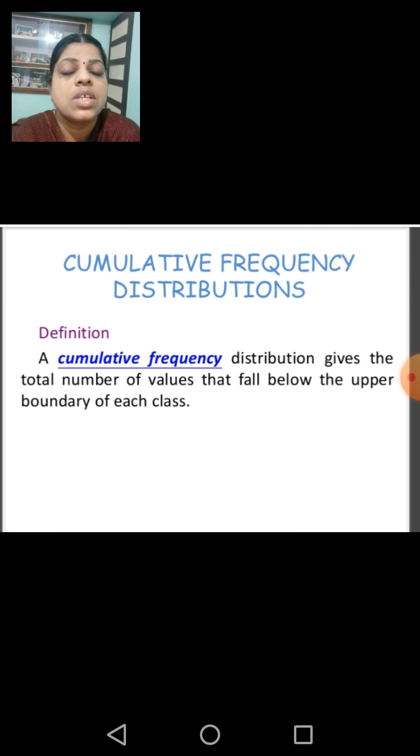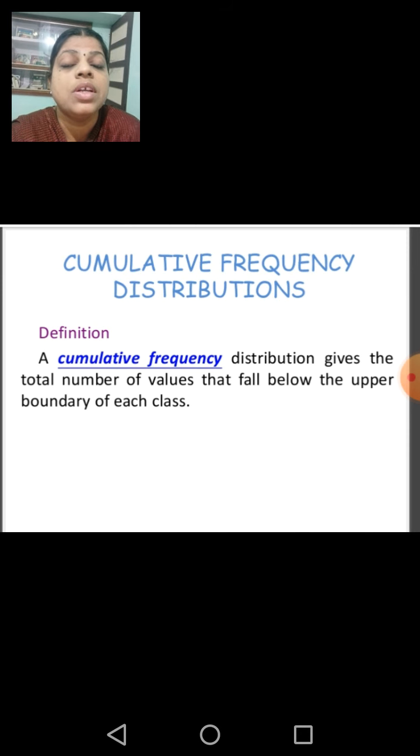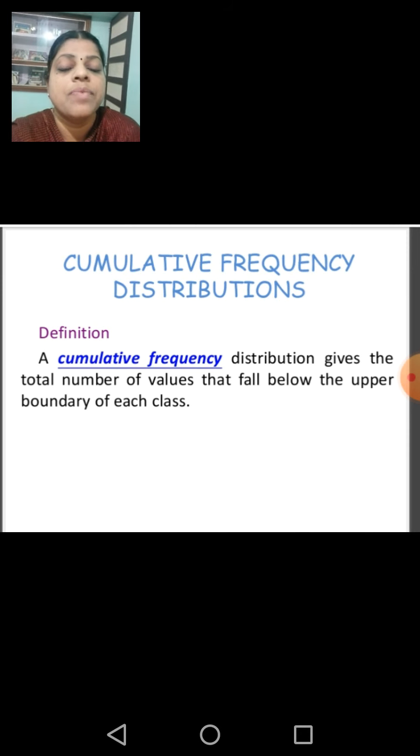It gives the total number of values that fall below the upper boundary of each class. Children, by forming the cumulative frequency distribution, it gives the total number of values that fall below the upper boundary